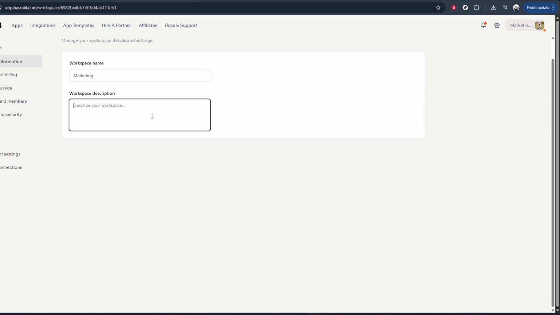When you're happy with the workspace name, look for the button labeled Create Workspace. It should be clearly visible on this page. Click on the Create Workspace button to confirm. Base44 will now set up your new workspace. After a moment, you should be taken